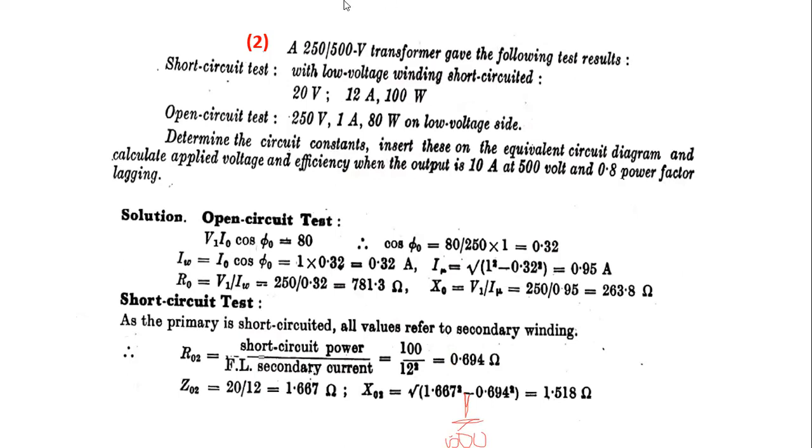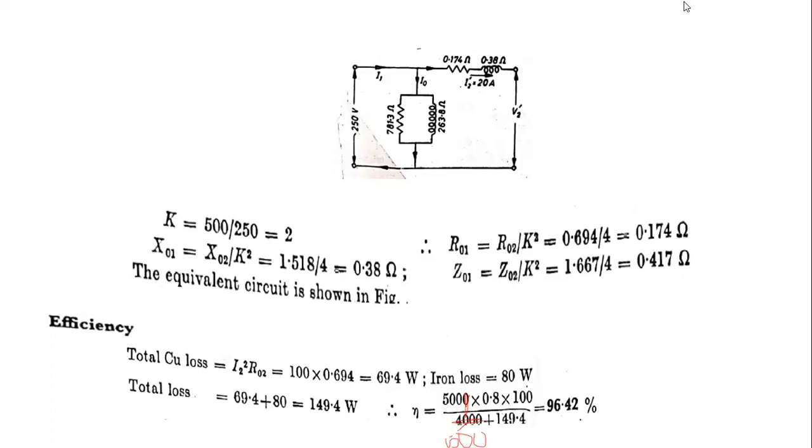V into I, 5000. Clearly explain how to calculate that output is equal to V into I into power factor. This is the formula for calculation of